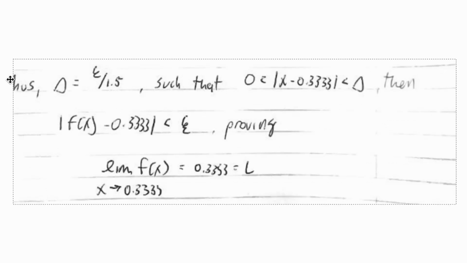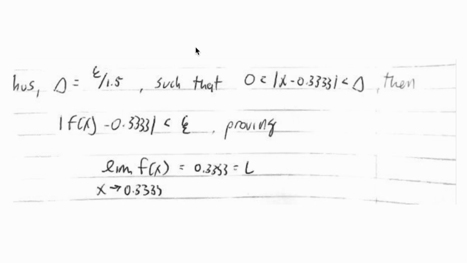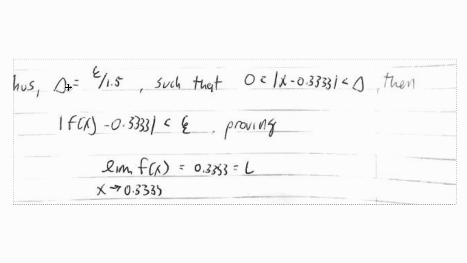And again, sorry that we got a little cut off over here, but we can get this statement that thus, if delta equals epsilon over 1.5, such that this inequality that the absolute value of x minus 0.33 is greater than 0 but less than delta, that will imply that the function of x minus L, in this case 0.33, is less than delta, and then that proves that the limit of f of x while x is approaching this value L, 0.33, does in fact equal L,